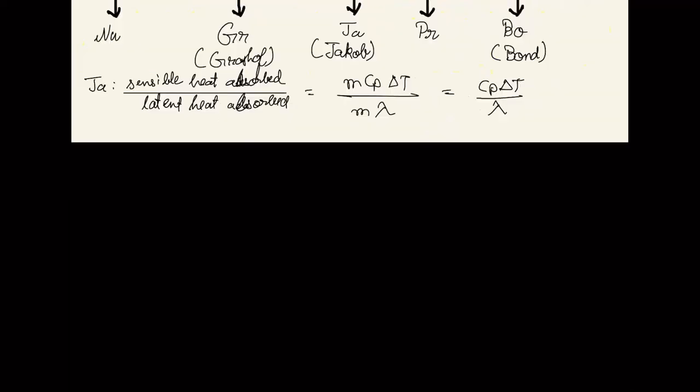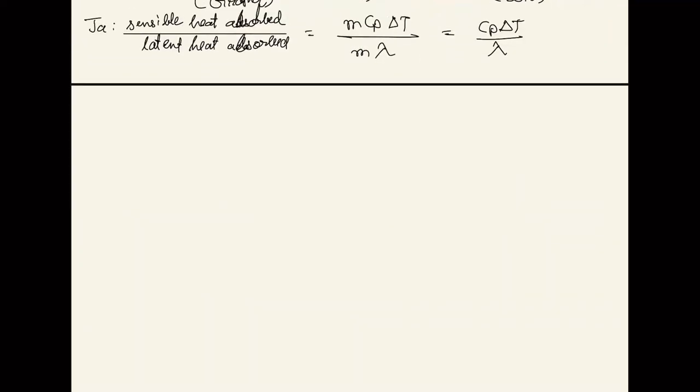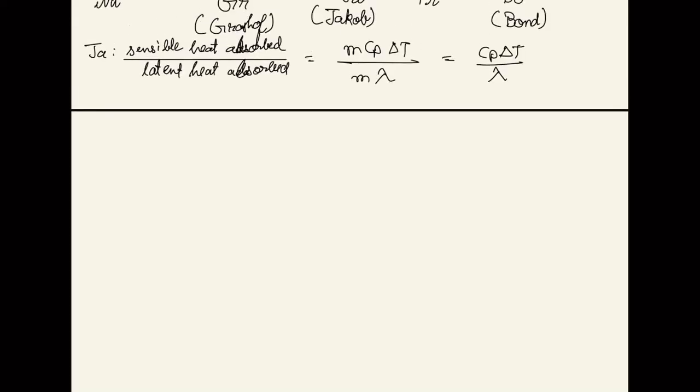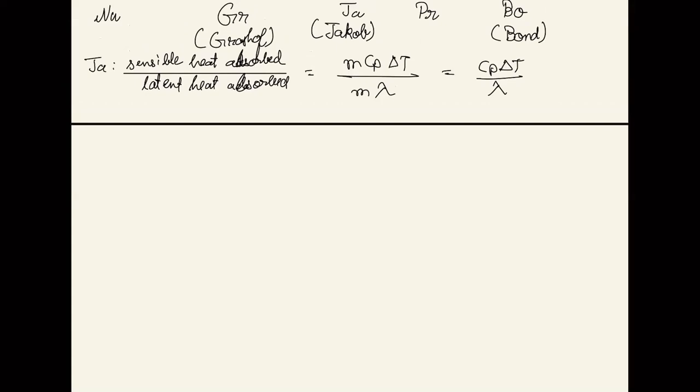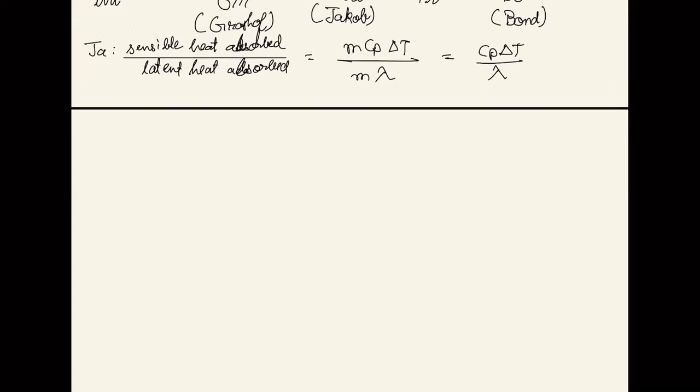So tomorrow you are now in Nagpur, back to campus, hot weather, typical summers. Water is not at 25 degrees Celsius anymore, it is at around 30. You are again preparing a plate of Maggi for yourself, and now you need to calculate the amount of energy required to boil the water. Then this particular number, Jacob's number, would change, and you can easily find out what would be the case. So any change in the initial temperature can be accommodated by this particular number.